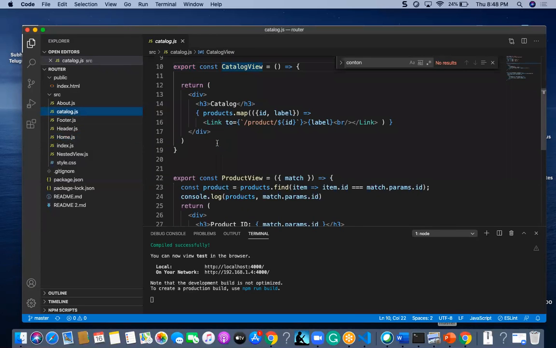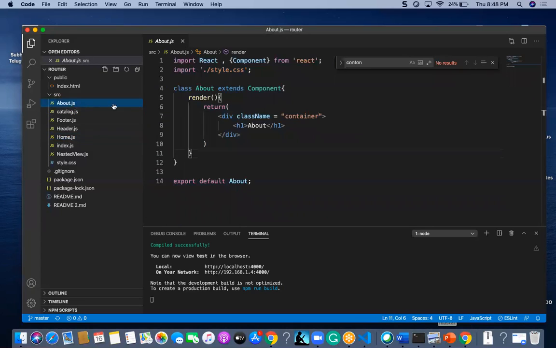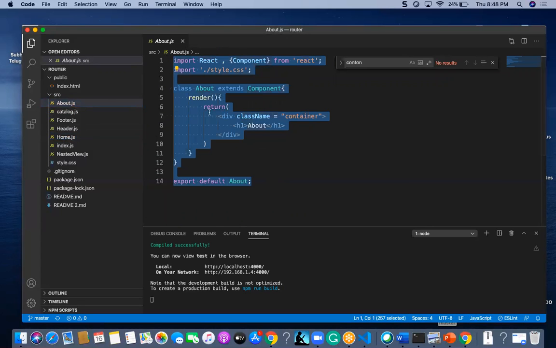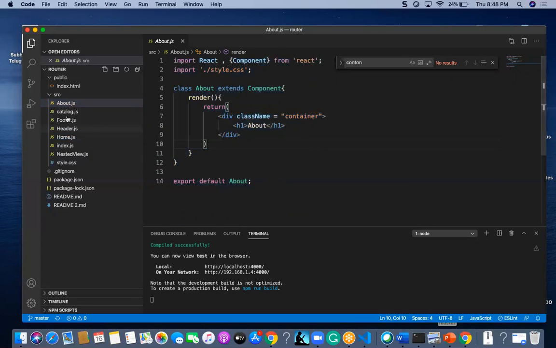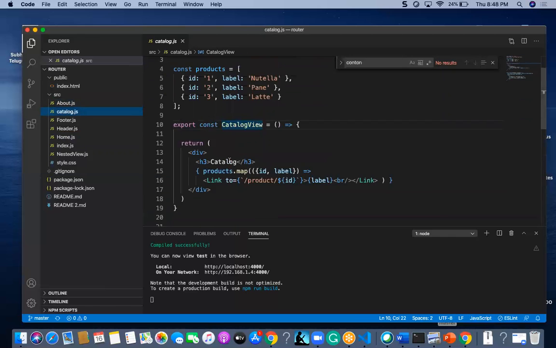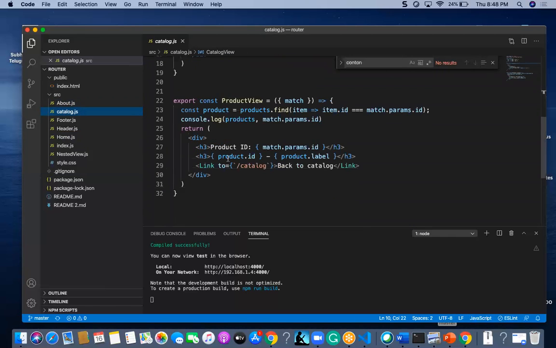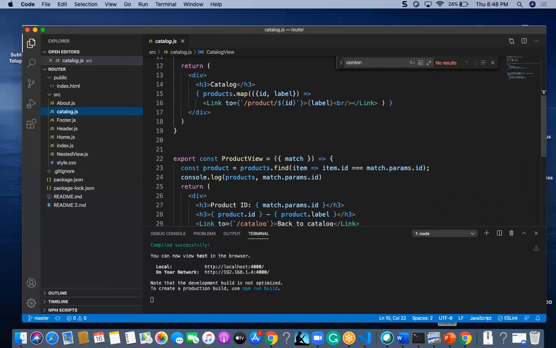And I am going to use this catalog. One more route is about, and also one more thing is this catalog. In this catalog, I am going to display all the catalog elements that are available.